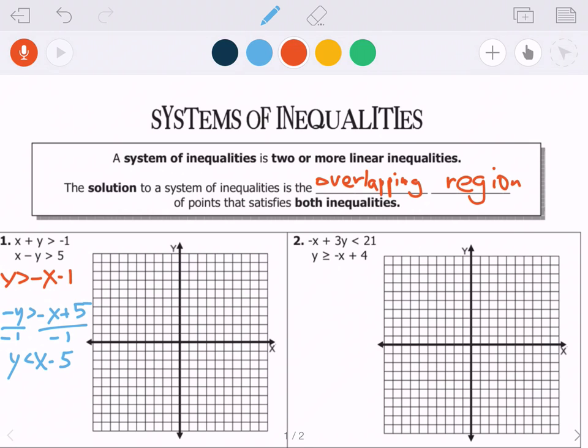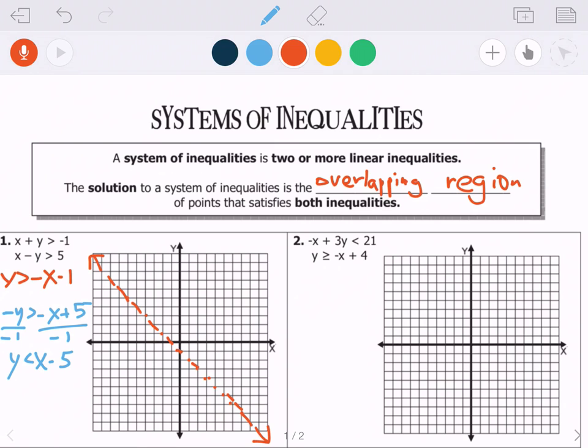So I'm going to go ahead and graph my first inequality. Y is greater than -x minus 1. And again, I'm going to try my best to do it on here. It's a little bit challenging. So we got all these points. You don't have to do this many. If you have a ruler, you can go ahead and connect them. There's a couple things to keep in mind. Y is greater than -x minus 1. So there is no line underneath. It's not greater than or equal to. So we need to make sure we're going to have a dashed line. So there's the first